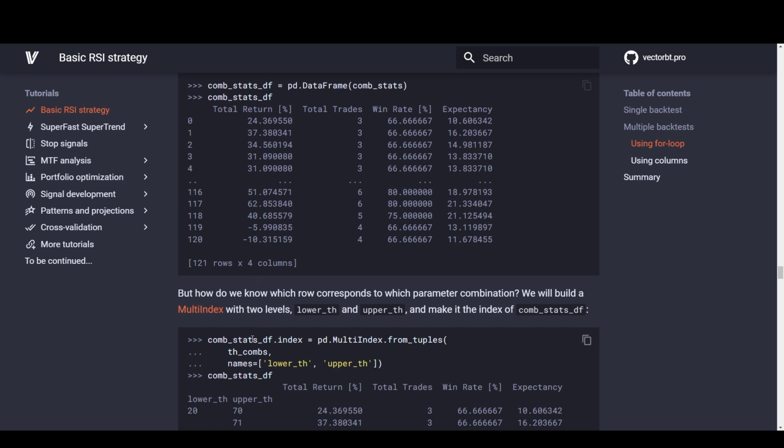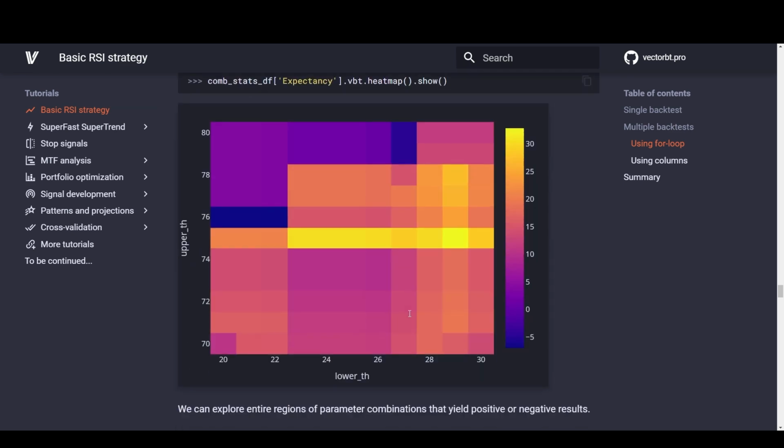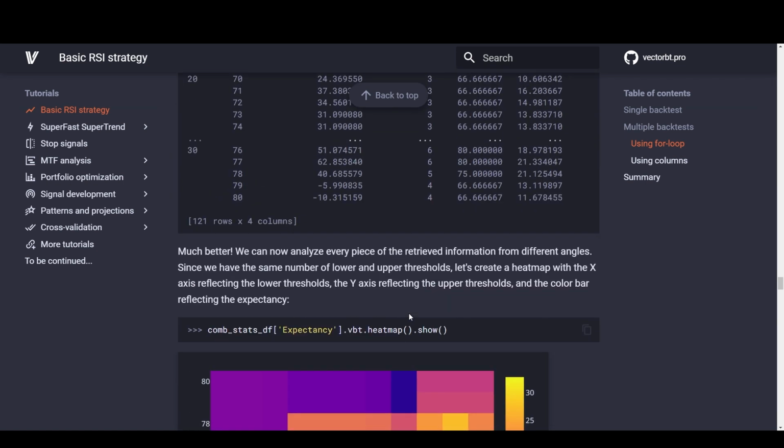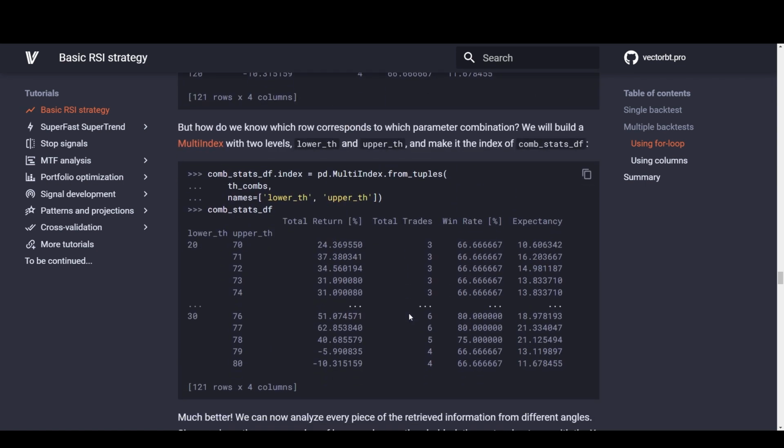How is this possible? Combstats df. Oh. Dot index. Oh, so we're creating the index. Jesus Christ. Oh, I can't believe all of it's right here.